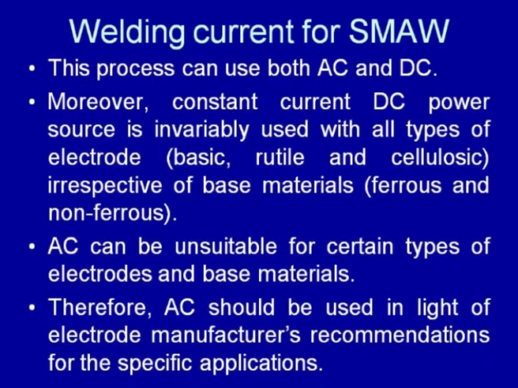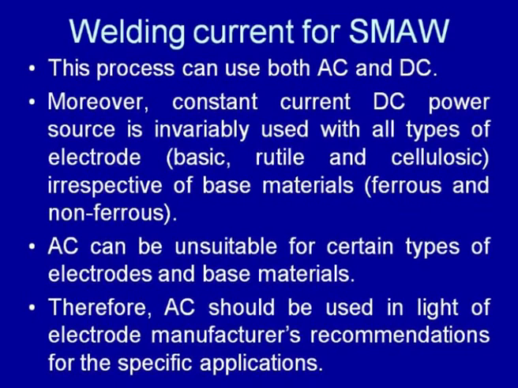So, next is what kind of current we can use and what kind of voltages we can work with for the shielded metal arc welding process. This process can use both AC and DC, and accordingly we have to select the suitable power supply. The constant current DC power source is invariably used for all types of electrodes, whether it is the basic type, rutile type or the cellulosic type, irrespective of the base material, whether it is ferrous or non-ferrous kind. So, it is common to work with the constant current type DC power source, so that we can